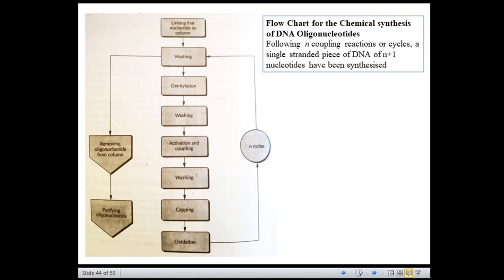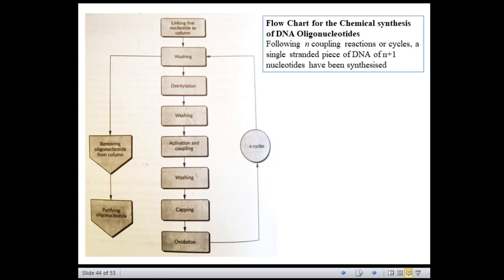And the reaction steps, which involve washing, can be done in one step, and if there are any excess reagents, they can be easily reused if we carry out the reaction in a single vessel or column.